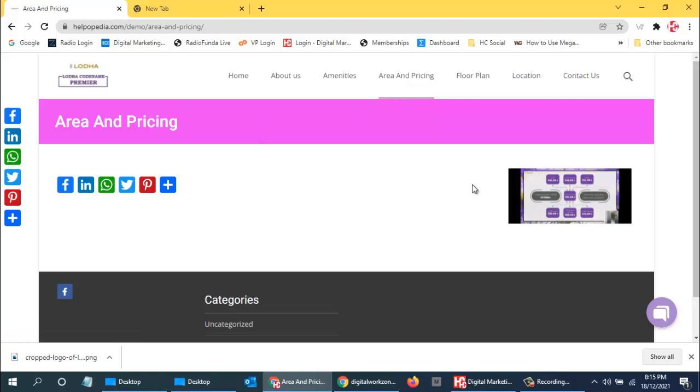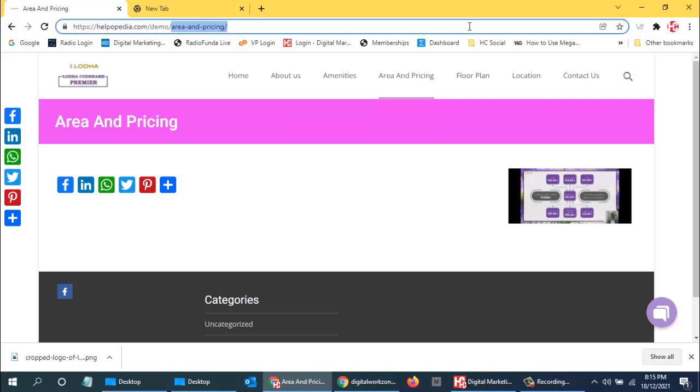I want the image in the middle, but it's not coming, and no option is available. Have you checked the widgets part? I have seen the widgets part, but I'm not getting that thing.